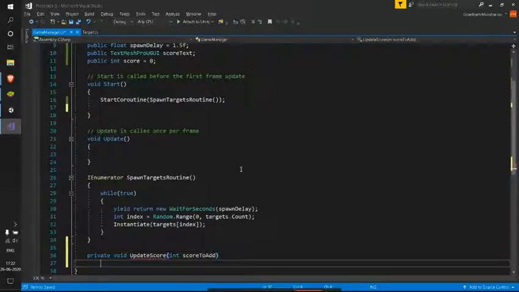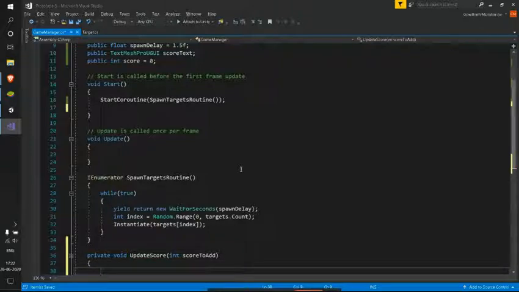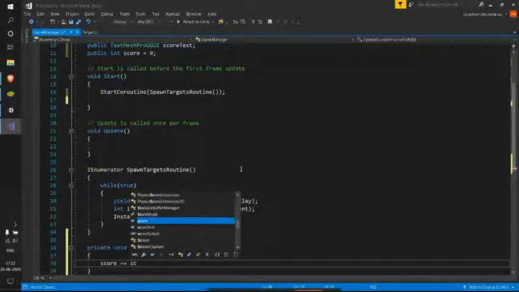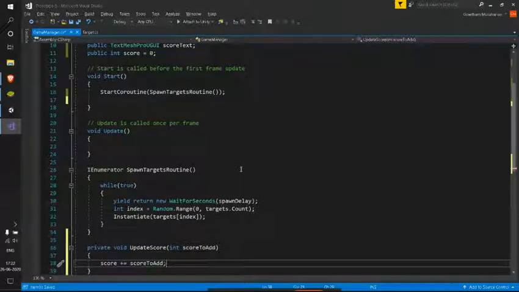So this is my parameter. If I give that parameter, I'll be using that to change my score. So now I have to update my score. So I'll use score plus equal to scoreToAdd. So with this, if I have my particular score as 0 and I call this function with the value of 5 as a parameter, now my score becomes 5. And as this is a public int, which is present globally, the value will be retained.